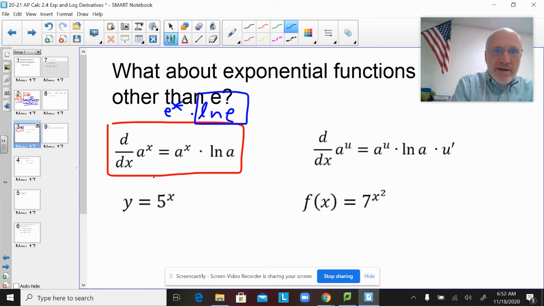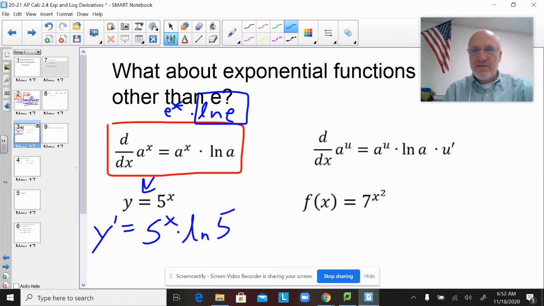So this one down here is just straightforward. If y equals 5 to the x, the derivative of 5 to the x is still 5 to the x, and then times the natural log of 5. And that doesn't clean up any. Enough. And then on the right here,